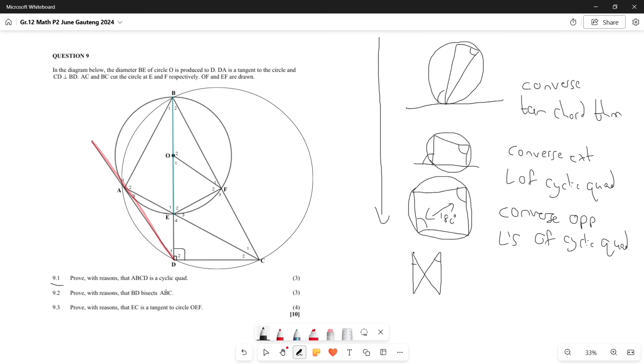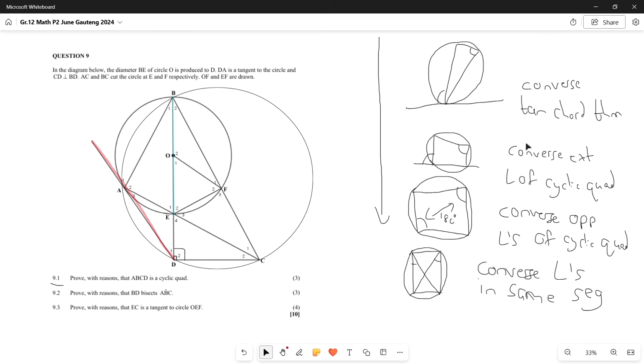We can therefore say that there is a perfect circle that we can draw around all 4 points. Say now it's a quadrilateral like this, and we have the bow tie over there. Then therefore it is converse angles in same segment, which is the same segment. Okay, so these are the 4 different scenarios we often look for, and we are going to use this 4th